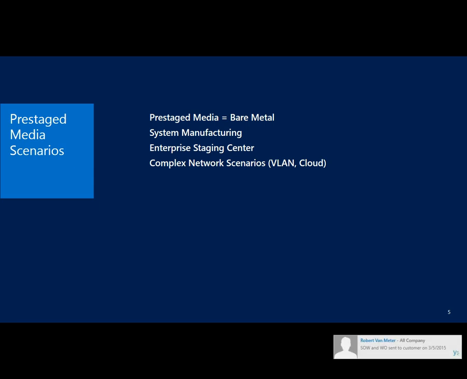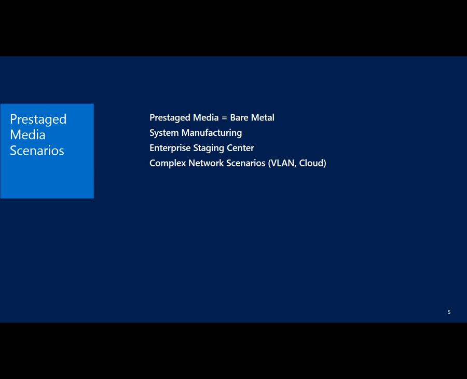And so in addition to PXE boot, in addition to standard boot media using a DVD and/or USB to get to your infrastructure, we can also use standalone media. All three of those will allow us to do pre-staged media, right? Because all we need to do is get to the resources on the ConfigMgr infrastructure to be able to use it. Your system manufacturer is, again, not going to have your ConfigMgr infrastructure, and they're also probably not going to want to use their own, if they have it, to build your machine. So the route there would be to use standalone media. But again, all three are possible, and I'll help you visualize how this works in a minute